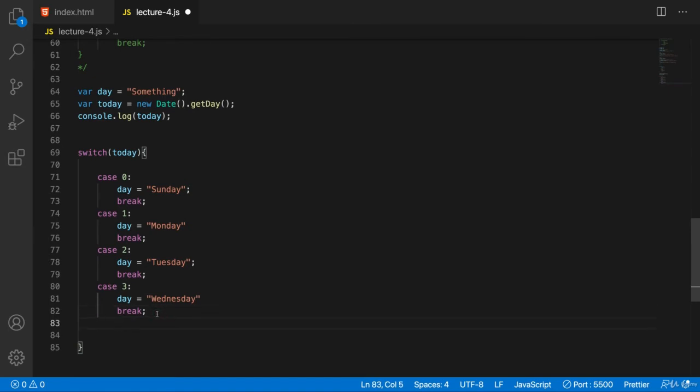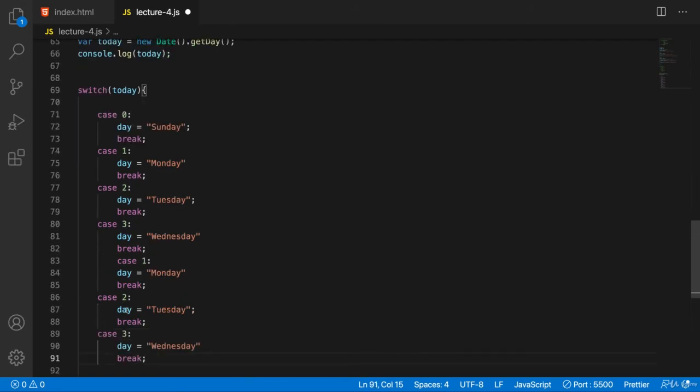Now let's paste this one a couple more times here. So case 0, 1, 2, 3, then this will be 4, this will be 5, and this will be 6, and we are done, ladies and gentlemen. So 4 will be Thursday, and number 5 will be Friday, number 6 will be Saturday,